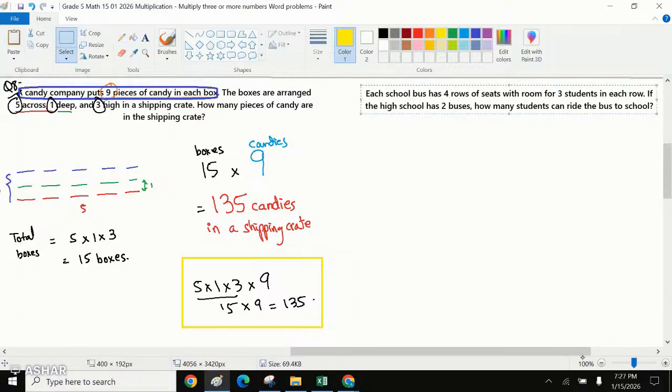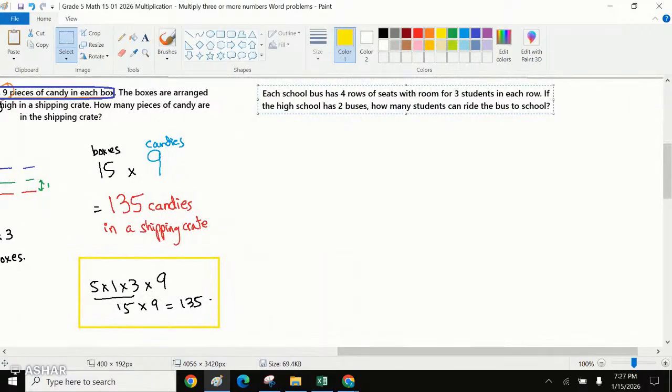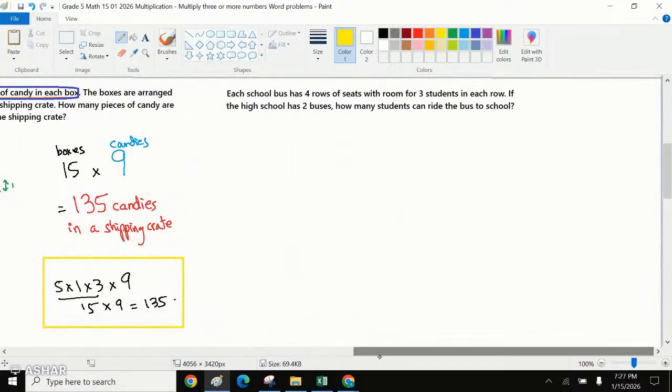If each school bus has 4 rows on it, this was question number 9. There are 4 rows of seats, right? That means row number 1, row number 2, row number 3, and row number 4. There are 4 rows in the bus